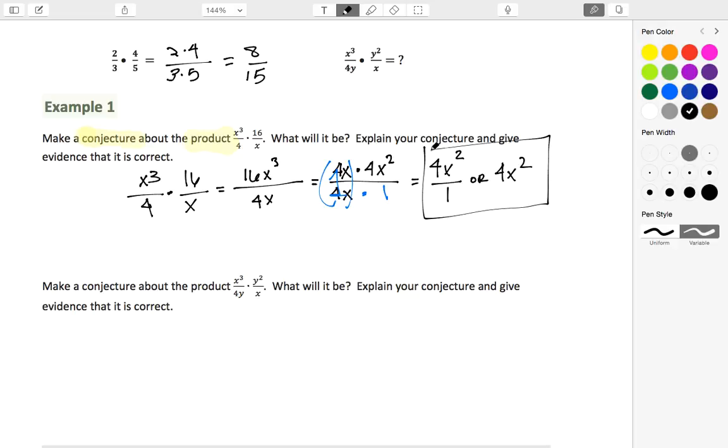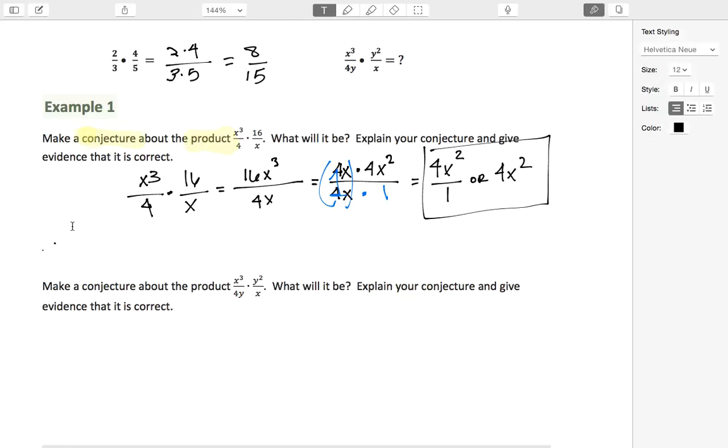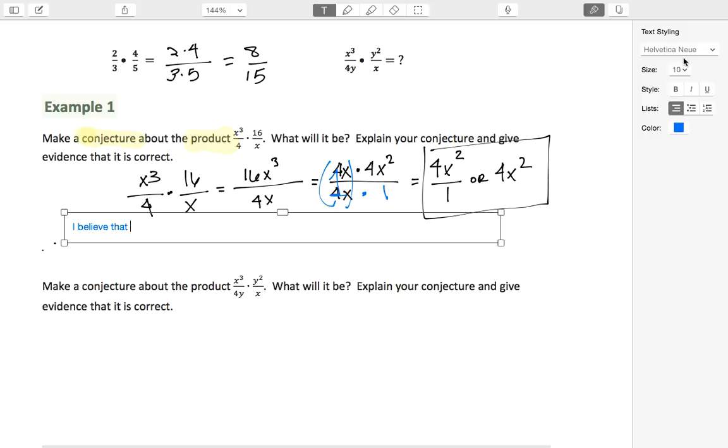Both answers are valid. Now, making a conjecture, what does that mean? So I'm going to go ahead and type out my conjecture just for the sake of time. So right here, I can say, I believe that the product of the original rational expression will be 4x squared, because